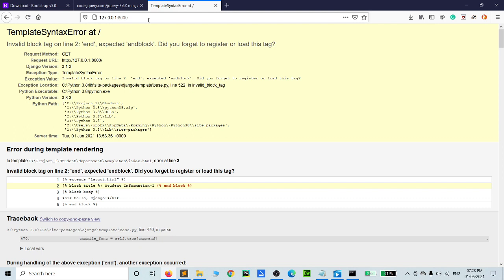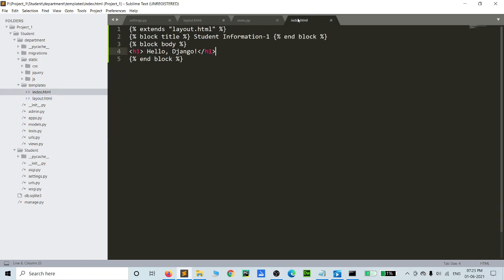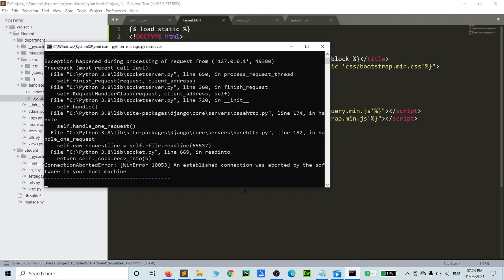Yeah, we got one error. Where did we get the error? In the student information, like I said, end block. See that this is an end block. So that is an error in this file. One second, we can check it here.